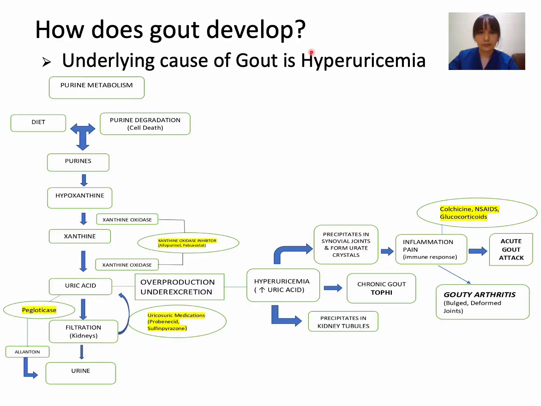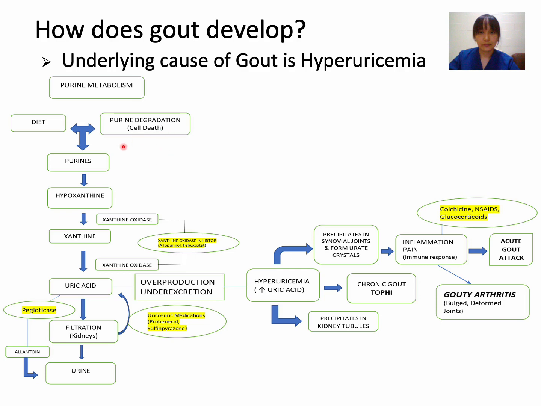How does gout develop? The underlying cause of gout is hyperuricemia, or too much uric acid in the blood, which results in the formation of sharp, needle-like crystals in areas with slow blood flow like joints and kidney tubules. To understand better where uric acid comes from, let's take a look at the diagram of the purine metabolism. Some of the uric acid comes from the diet, while most of it comes from the breakdown of purines. Purines such as adenine and guanine are nitrogenous bases used in nucleotides to build RNA and DNA.